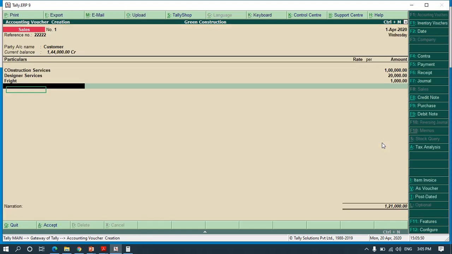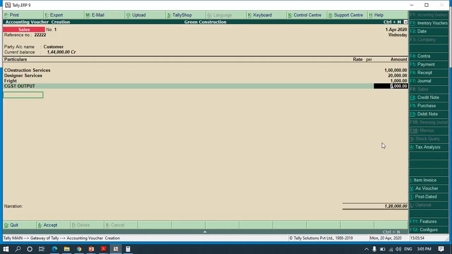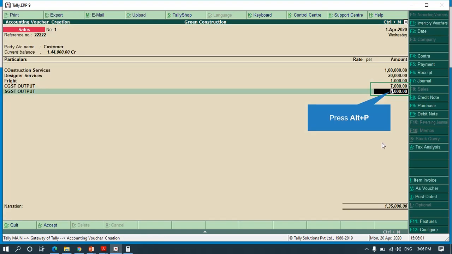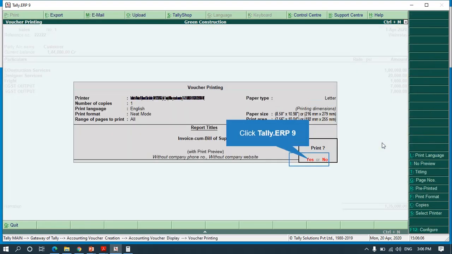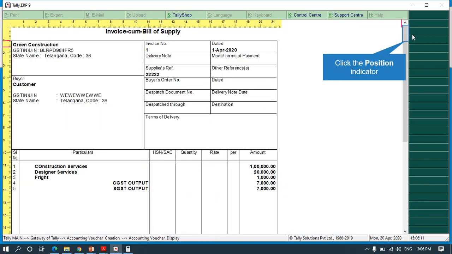Right, now let us select our CGST output. The system calculates the tax. Then SGST output, the system calculates the tax, 7,000. Let us see the tax invoice by pressing Alt P, it is under preview. Now let me zoom and show you.